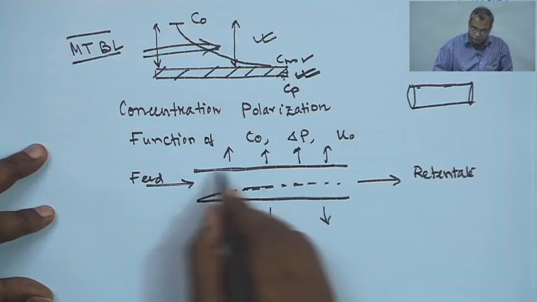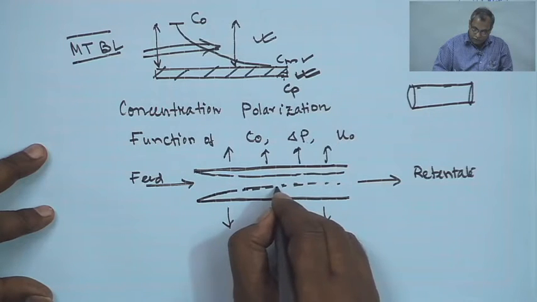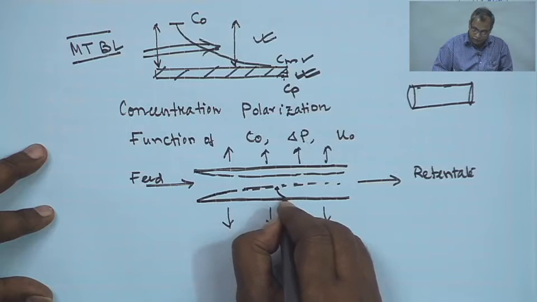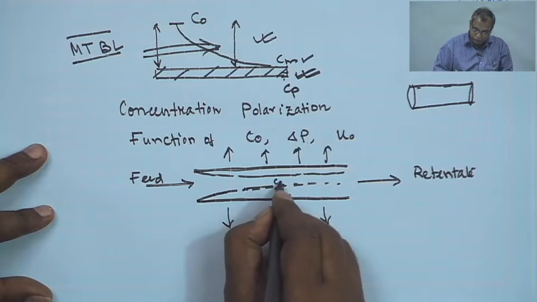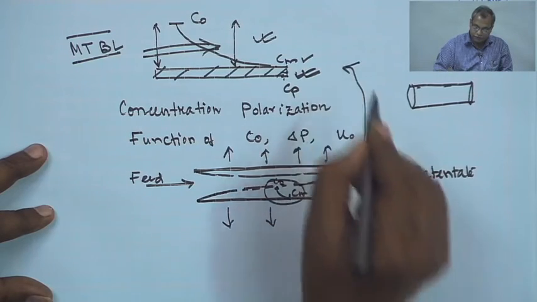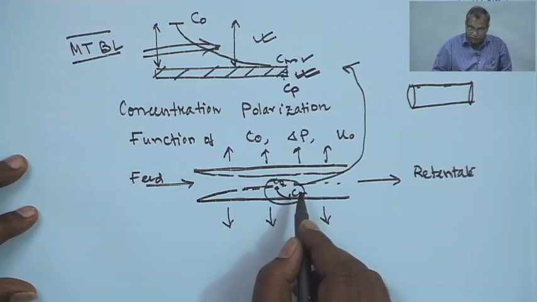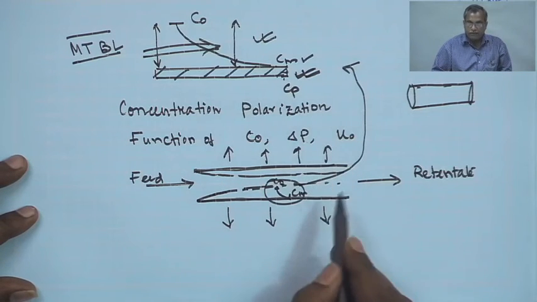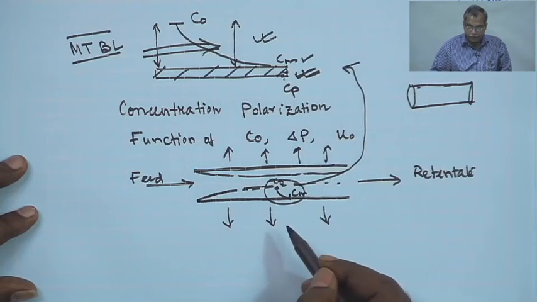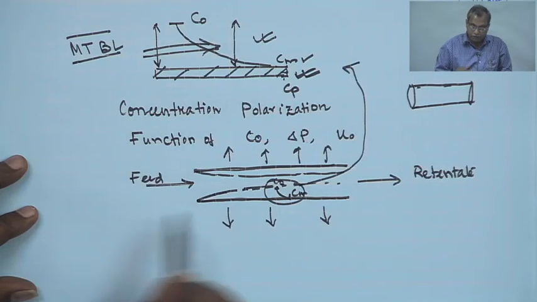These are mass transfer boundary layers over the membrane surface, and the concentration profile will be from C naught to Cm. From C naught to Cm, the exploded version of this has been shown here. So, we have to solve the governing equation in the channel outside the membrane, and then we have to hook it up with the flow through the porous medium that is situated on the boundary of the channel.